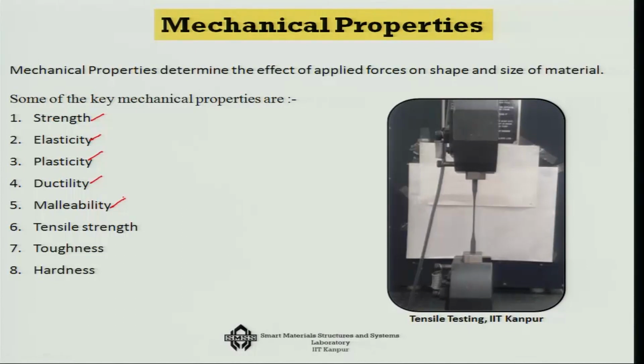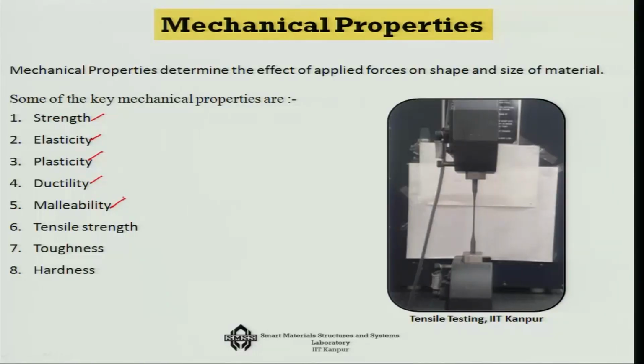So, ductility, for example, refers to whether I can reduce the thickness of a wire as I am applying a large tensile load. Okay, can I draw a very thin wire from a cylinder? So, if the material has a good ductility, you can draw a very thin wire out of it. So, that is in the context of tensile loading.